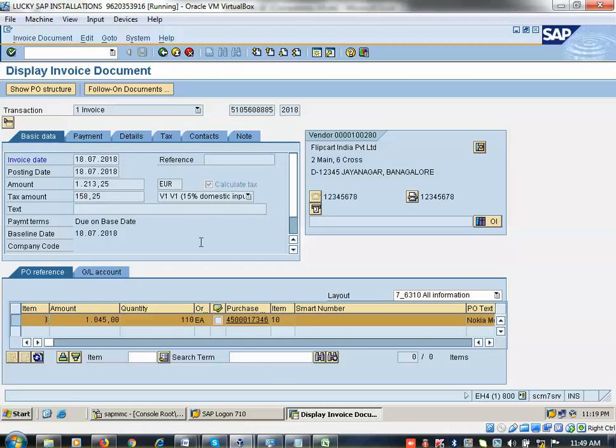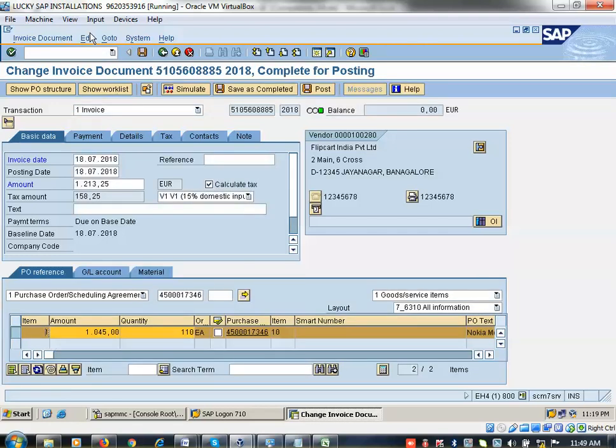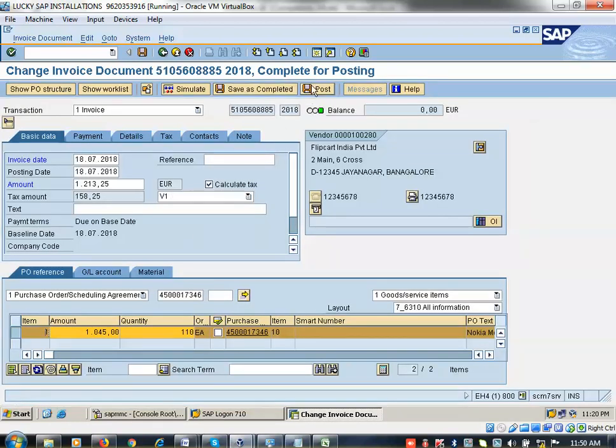Okay. So now I am coming to next. Go to edit. So now here edit. So now I am coming to simulation mode here. Go to simulation mode. So I have not posted to my book of records or GL account. Now I can click on post here. I can do that, or I can come back here. Here I can post it here. So post means, as I showed yesterday, directly save it. I did not do any exercises, just I filled all the data, just save it. So like that also you can do.